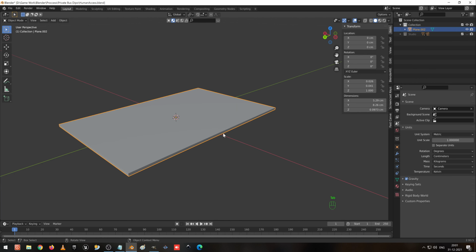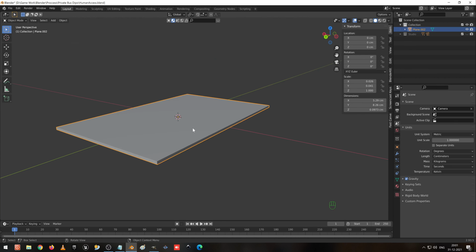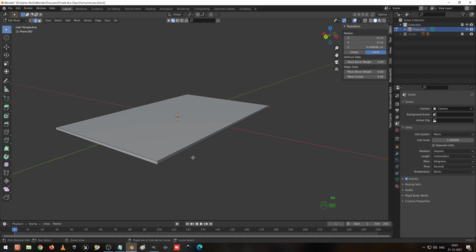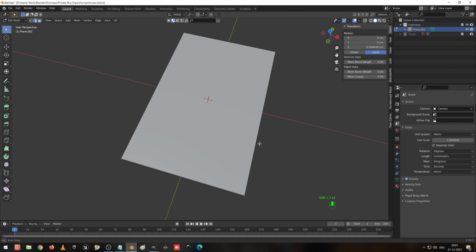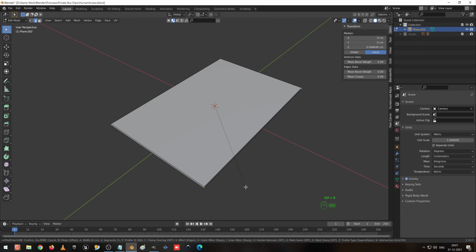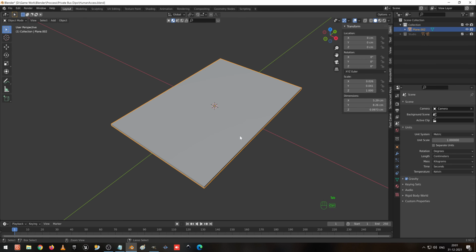Before that, we have to apply the scale to do it correctly. I'll guide you now. You can see when I did it like this, it's not designed evenly. I go to the top view, to solid mode only. Like this way I will show you. I press Ctrl B, and you can see it's not creating properly. But before that we have to press Ctrl A and apply the scale.